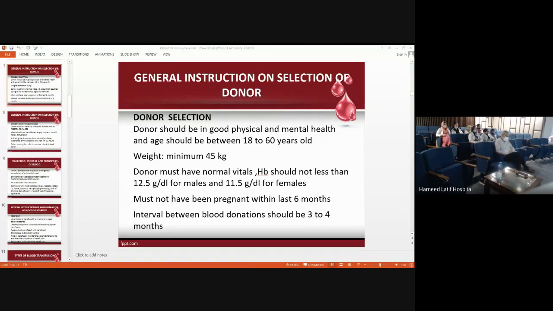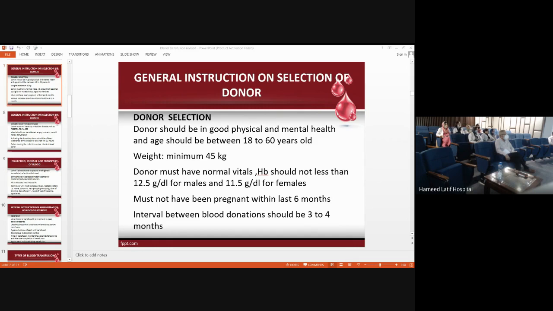General instruction on the selection of donor. Donor selection. Donor should be in good physical and mental health, and age should be between 18 to 60 years. Weight should be more than 45 kg. Donor must have normal vitals,